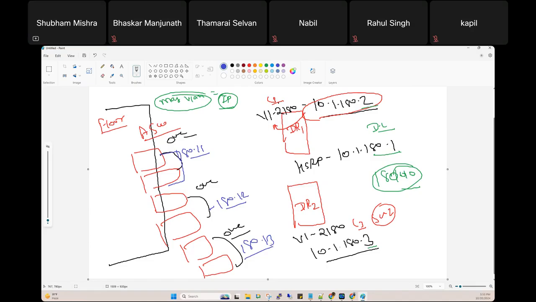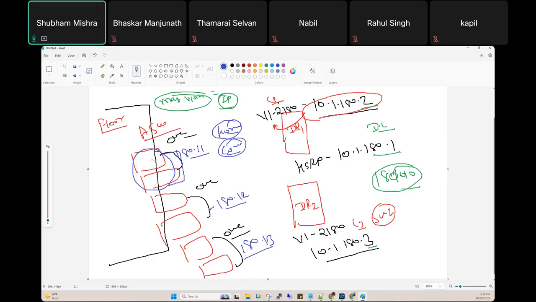Sir, management VLAN means, for example, if you try to access this switch from home, definitely you need a console. If you do not take the console of this switch, how can you configure? Getting my point? First of all, you need the console.